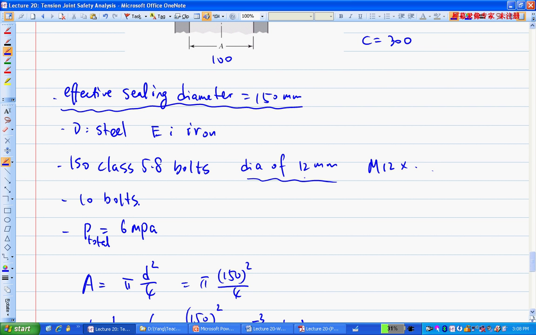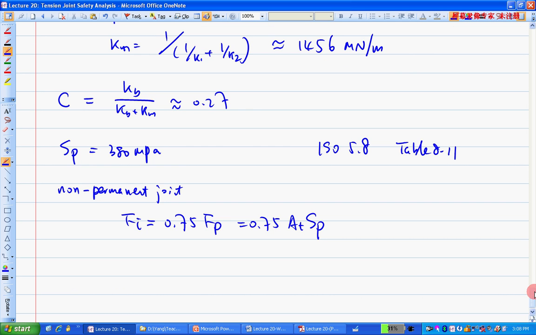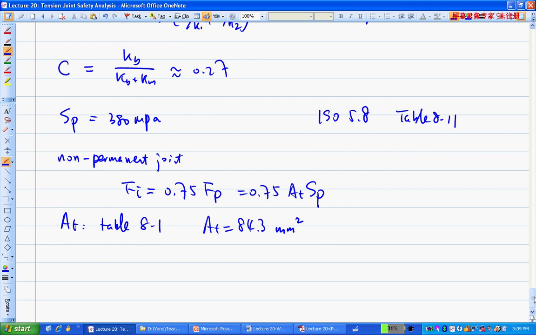That's table A-31. So At equals 84.3 square millimeters. So for just one question, you're flipping through the text for at least 10 tables